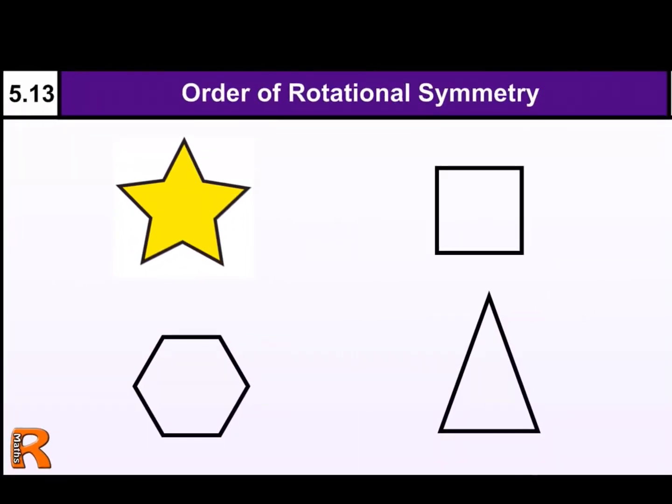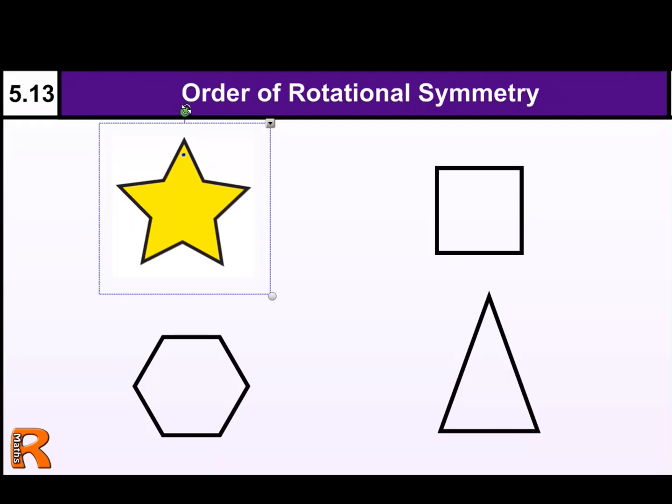Order of rotational symmetry, Level 5, Grade E, GCSE. Okay, rotational symmetry is the lesser known cousin of line symmetry, which most people are familiar with. But with rotational symmetry, what we're interested in here is how many times does a shape turn on top of itself in 360 degrees. So if we just look at this 5-pointed star shape, if you're familiar with this idea, then you're probably going to guess how many times it will fit on top of itself, but let's go through